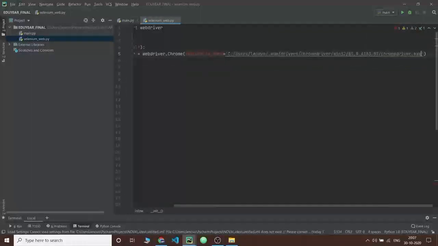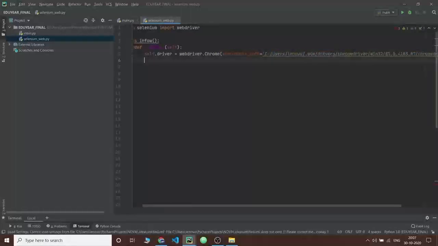See, in my case, the executable path of my Chrome driver is this. It is mostly the same in all the computers, but if it is different in your computer, then you have to search where your Chrome driver or Firefox, whichever driver you are using, is, and then you have to put the full path of it here, right? So after that